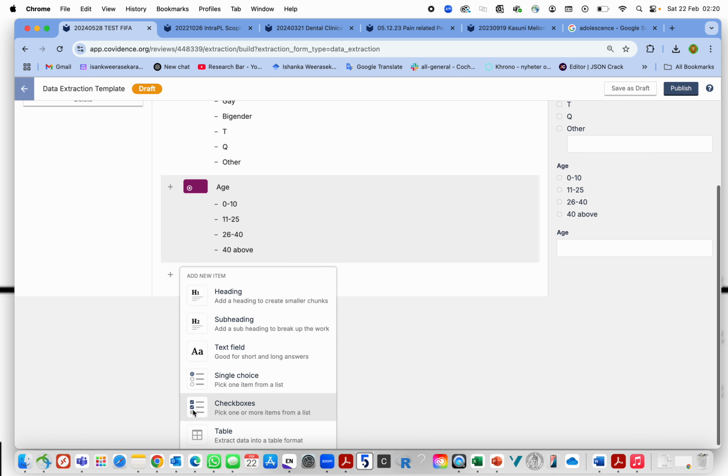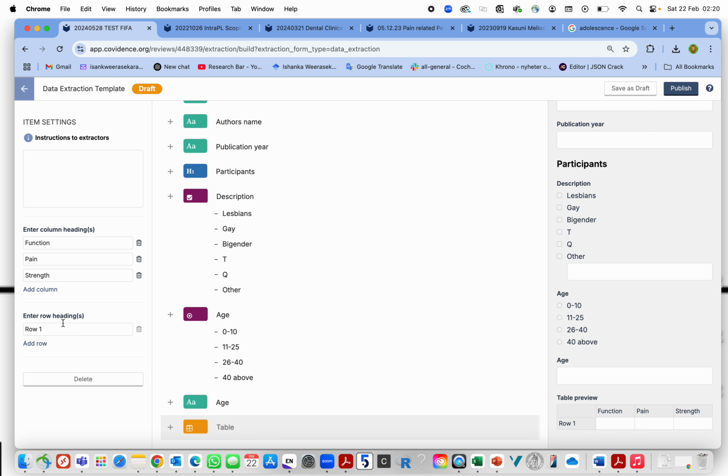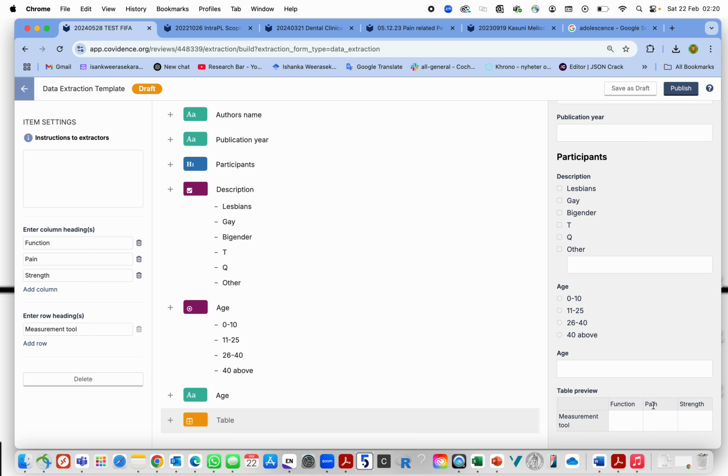And the other way is making tables. It's also possible here. You can keep on adding columns. Just imagine I wanted to measure my three outcomes, something about my outcomes. Okay, let's function. So my example outcomes are function, pain, strength, and then I want to measure what tools that they have used. So I don't want an additional row, I want one row. So measurement tool. So you can see function, pain, strength, and when I read the paper I find if it